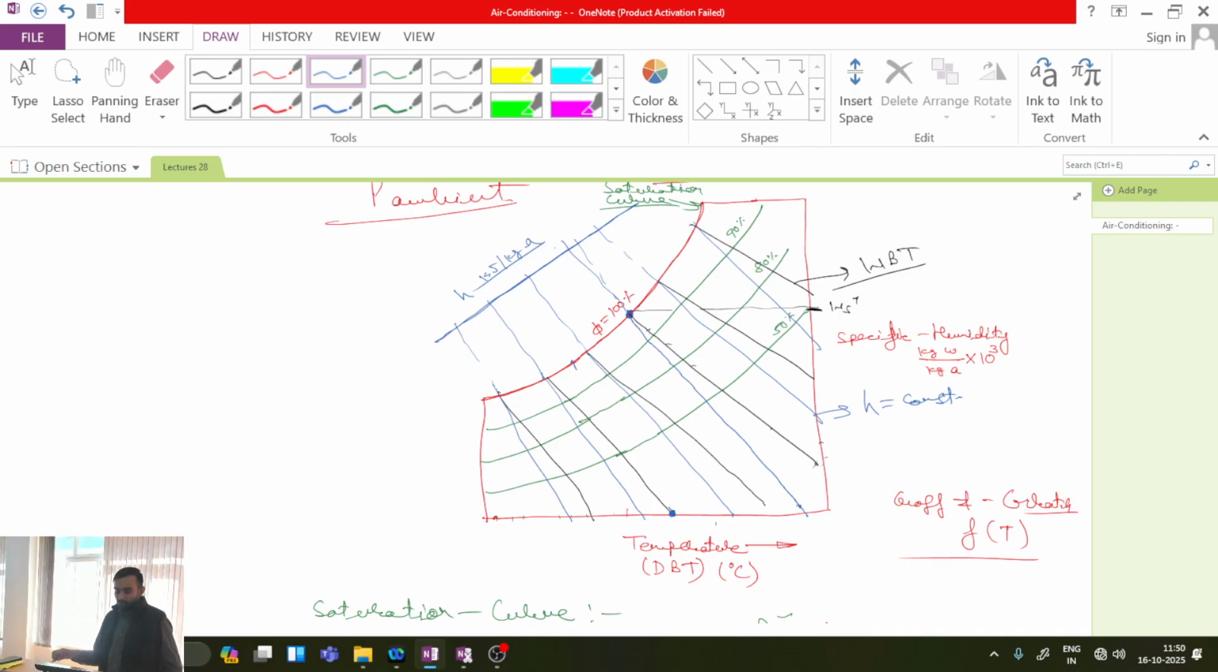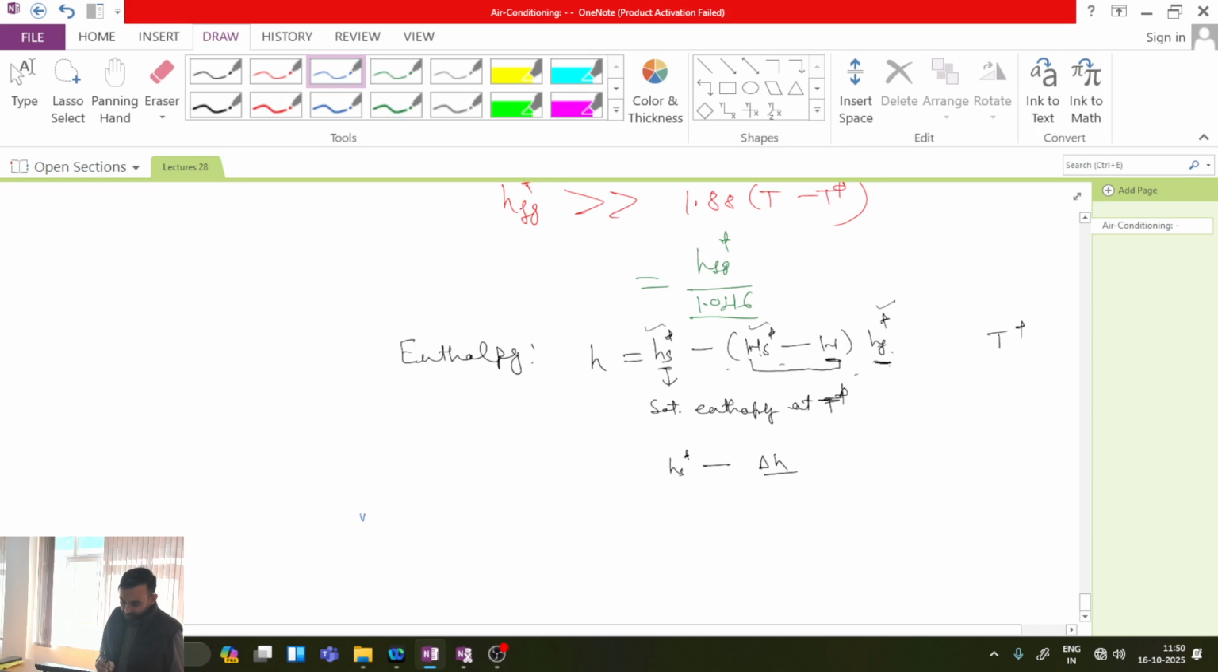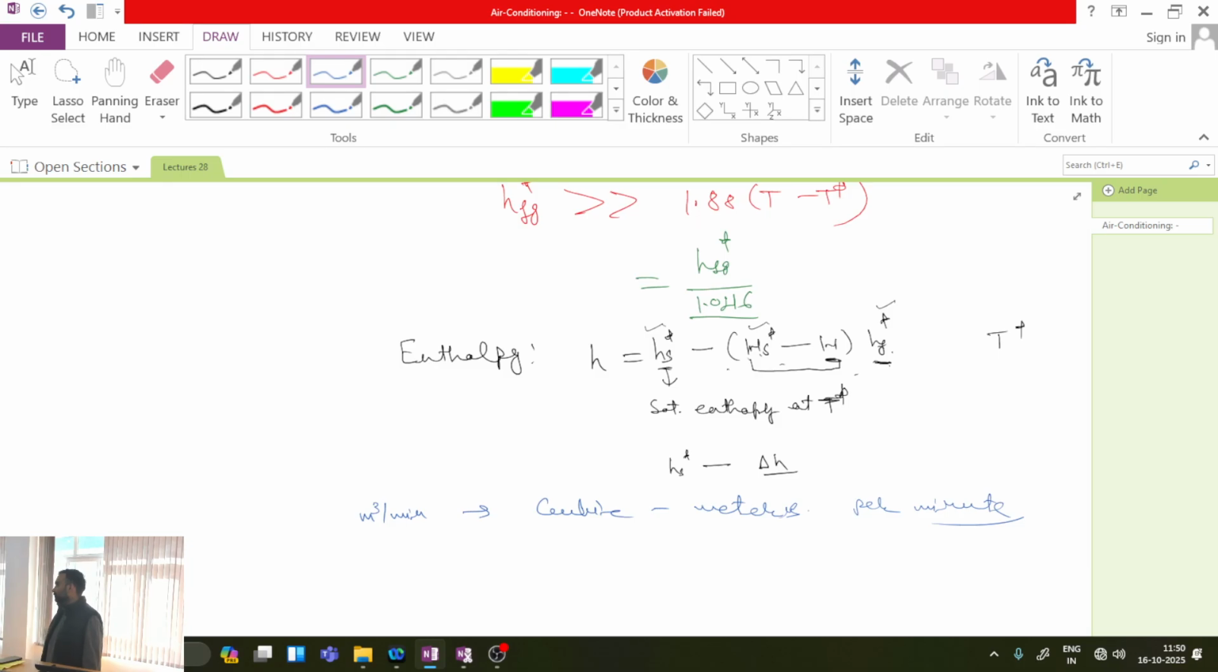The common unit for specifying air conditioning equipment is meter cube per minute, also known as cubic meters per minute. So if you go to the market and ask for a blower for circulating air, they will simply ask how many cubic meters per minute you want to flow. So if we have to deal with the volumetric flow rate, I must know the density of the moist